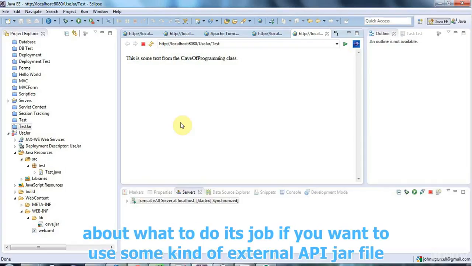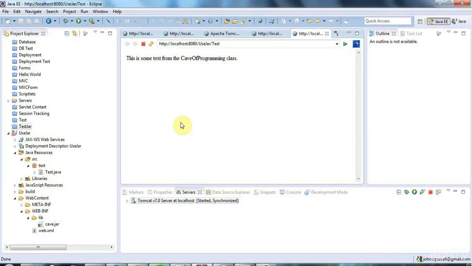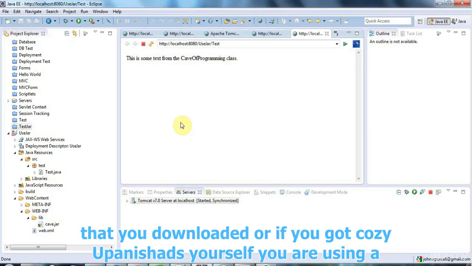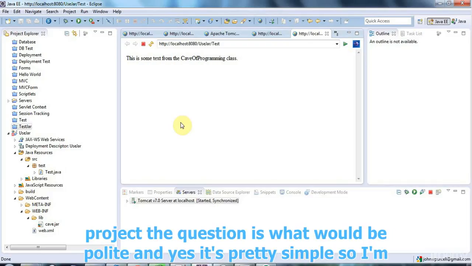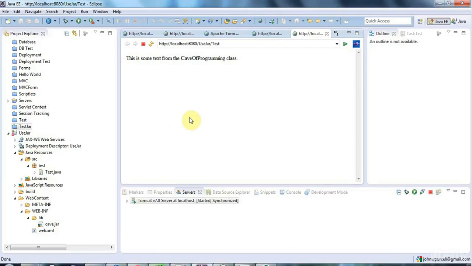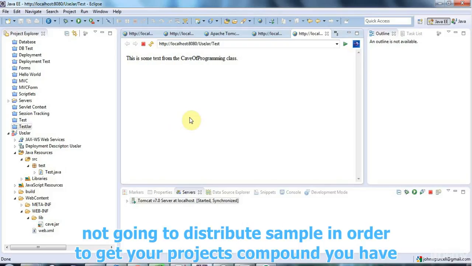This is just a little tutorial about what to do with jar files if you want to use some kind of external API in a jar file that you've downloaded, or if you've got code that you put in a jar file yourself and you want to use it in your project. The question is, where do you put that jar file? And the answer is pretty simple, so I'm not going to go through a huge example, I'm just going to